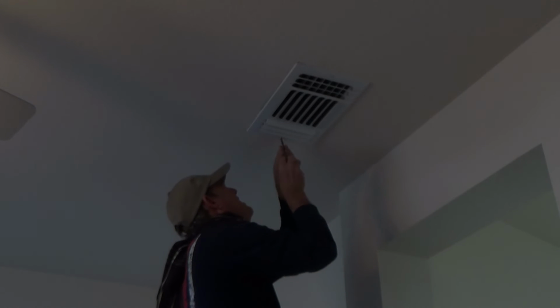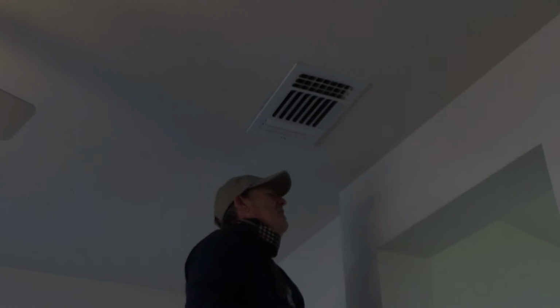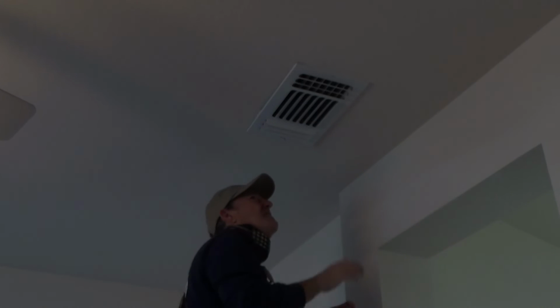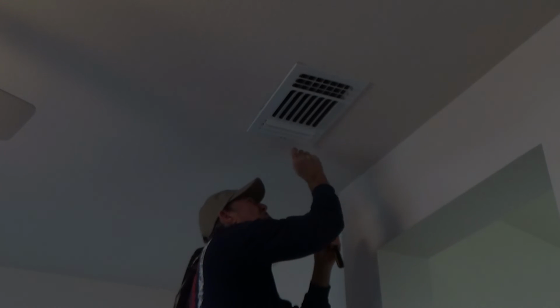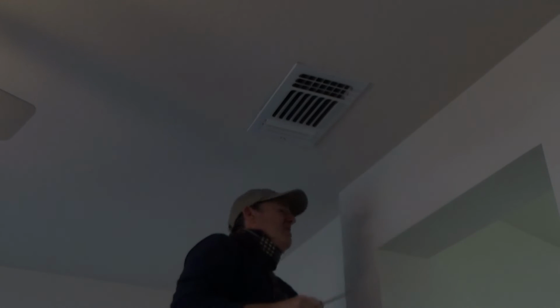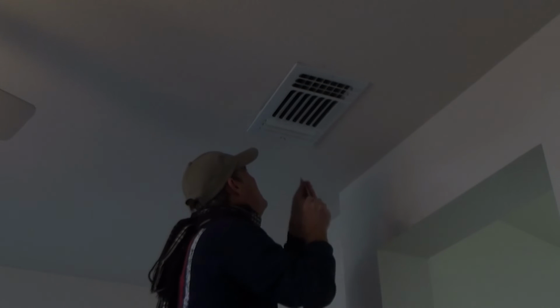Nope, look at that. Now they could have also put a little piece of metal through here, and this screw could be stripped through the metal piece. A lot of times I've seen guys do that. Instead of putting a wood block across here, they put a little piece of metal stud, metal track, something along there, and this gets screwed up into that. So you know, I might have to resituate myself and try to put the screw in a slightly different direction,